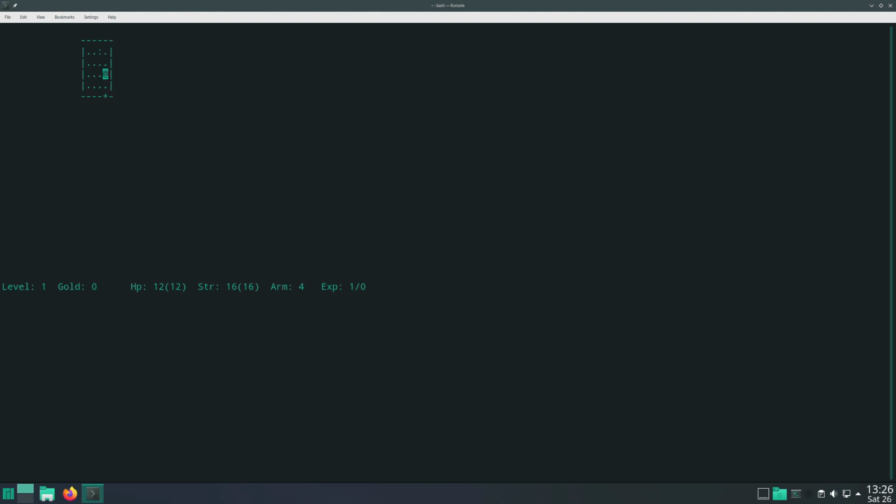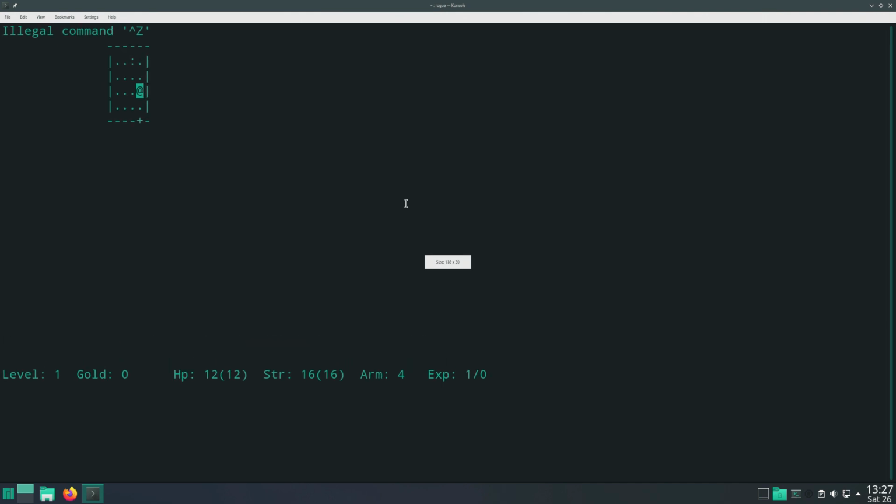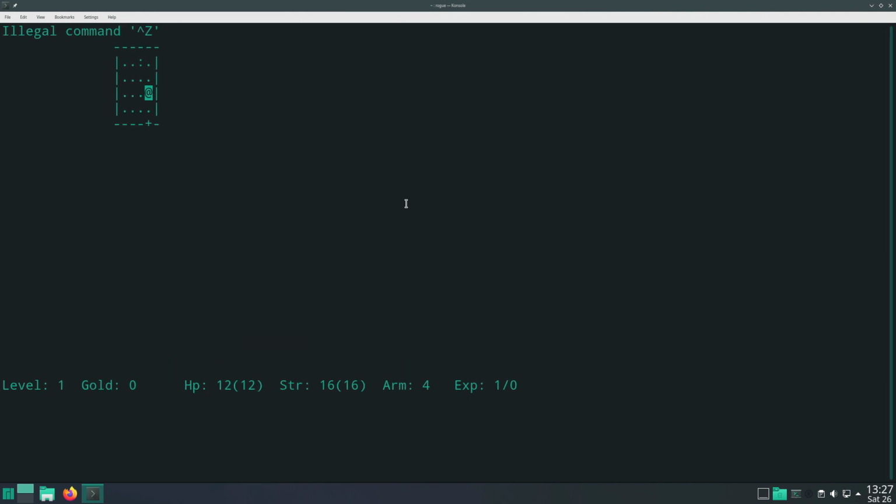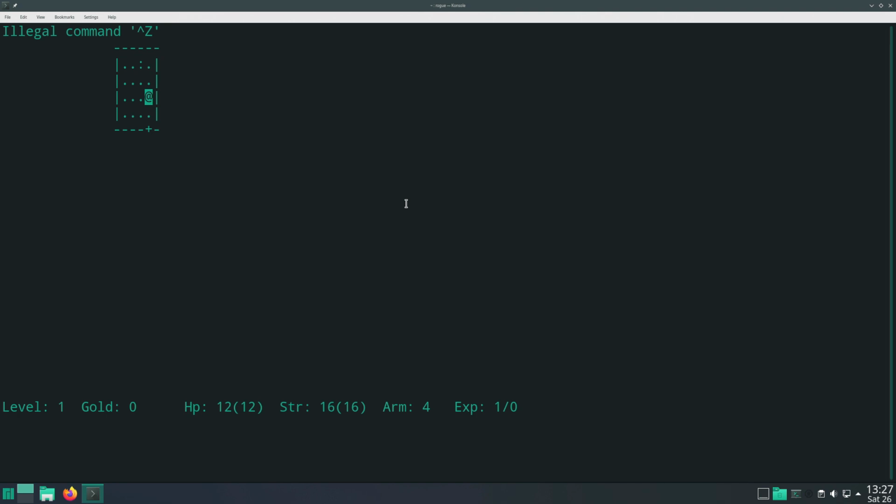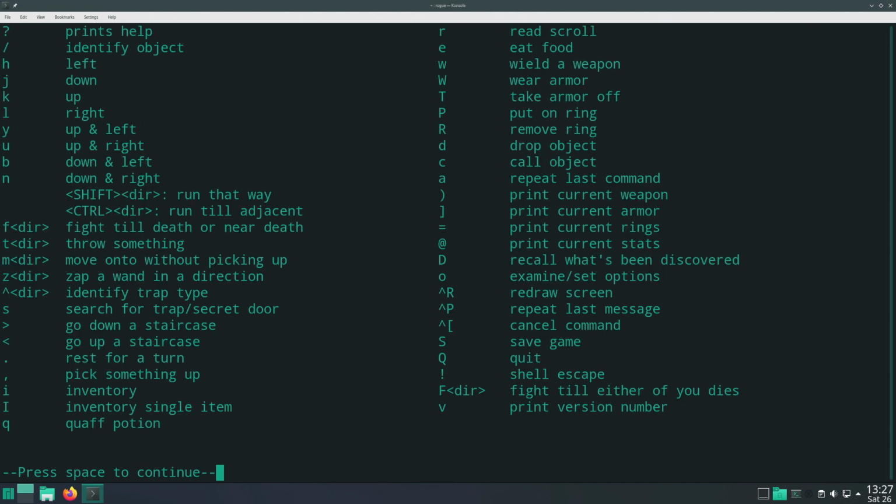R-O-G-U-E. That's interesting. That's a bit better. Let's have a look at the pages. That's about right. I think I got it about right.